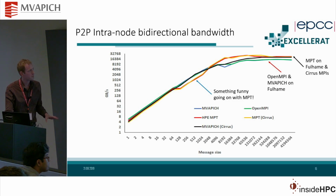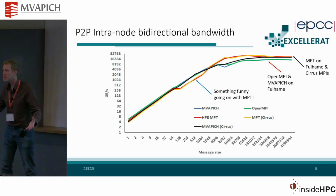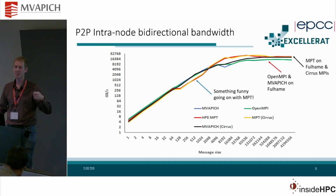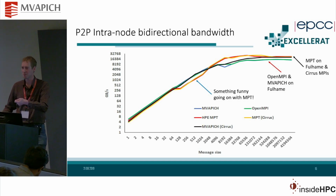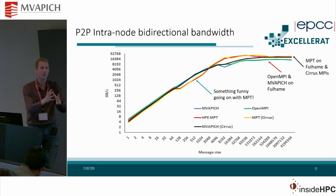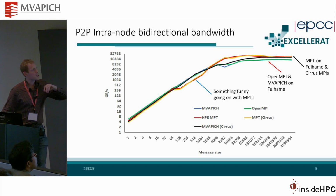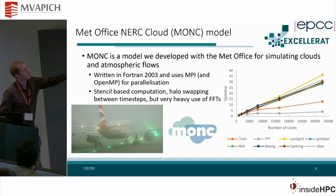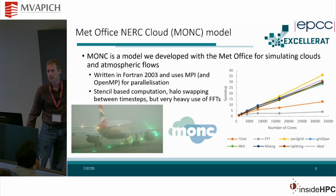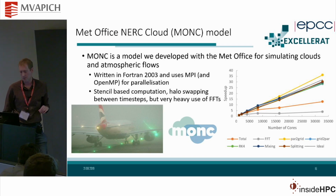So we've talked about two of our applications so far, HPCG and OpenSBLI, and to some extent it's 2-0 to OpenMPI on the Fulhame system, although with the big caveat that it's very close, and I think we could certainly change this with some further tuning. But this changes now with this code that we developed with the Met Office a few years ago that does atmospheric modelling. So things like looking at fog and allowing them to explore that phenomenon in very high